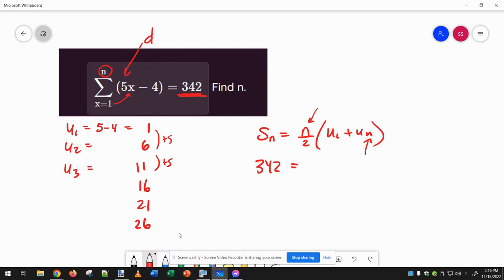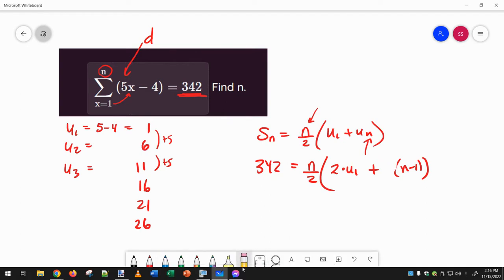This is d. So if I plug into the other formula where I do 2 times u1 plus d times n minus 1, set that equal to 342, I might be able to solve this equation. So I know d is actually equal to 5 because of the 5x. Okay, so now if I expand and I do 2u1 plus 5n minus 5, all times n minus 2